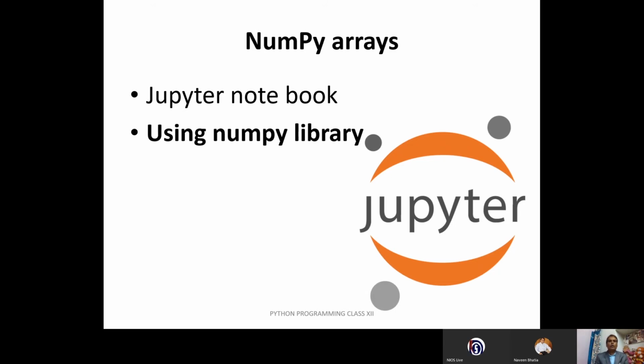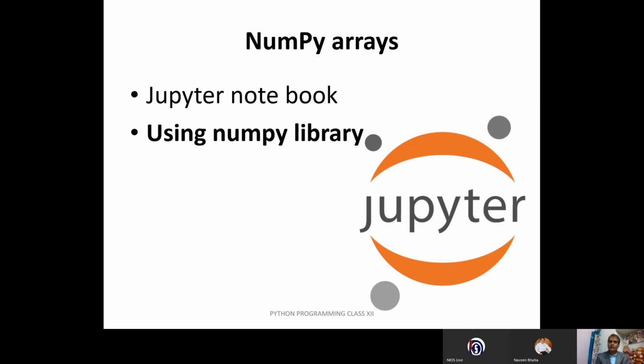Here we are using Jupyter notebook. It is available with Anaconda. You can download it; it is freely available over the internet. It is very fast and quick, and the result will be displayed on the same screen. No need to run again and again. By pressing Shift and Enter, you can run the line and get your result.